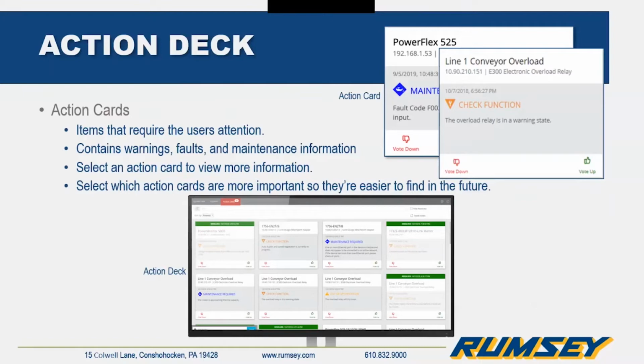Each device has its own action card, which has a brief overview of the device status and health information. These action cards display as a warning, a fault, or needs maintenance, and is like the front line of troubleshooting and device health awareness. Action cards give the viewer a quick snippet of information. Clicking on an action card will bring you to the device diagnostic page, which has a little bit more